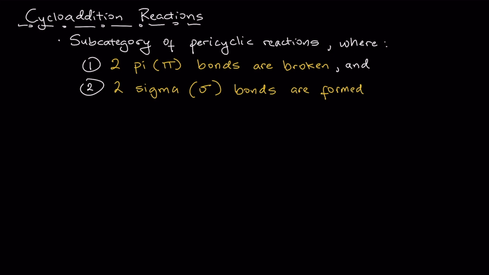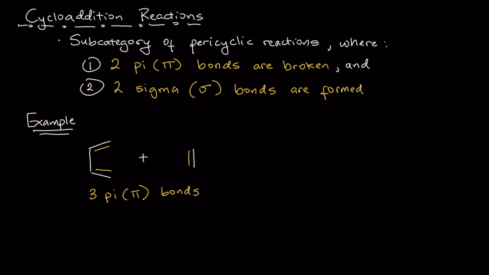I'm going to show you an example of a reaction that will be considered a cycloaddition, and I want you to note the number of pi bonds that are breaking and the number of sigma bonds that are forming. In this reaction, we have two reactants. One of them is a diene. You see the two pi bonds in the diene on the left. The other is just an alkene, where we see one pi bond on the right. Which means in total, we have three pi bonds on the reactant side of this reaction